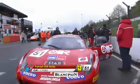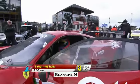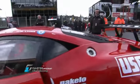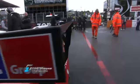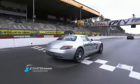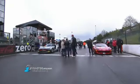So there's our pole position sitter, Stefano Guy. He's going to be taking the start of this race before handing over to Michael Lyons, and Guy was very, very confident, wasn't he, in qualifying. He was saying, I should have been a second quicker, I should have been this, I should have been that. Now he's got the chance from pole position to prove that it's not just talk and that he does have the pace to pull away. But as we've already alluded to, that Ferrari 458 Italia is going to be difficult to handle in the wet conditions. And will the Mercedes, which is following the safety car...